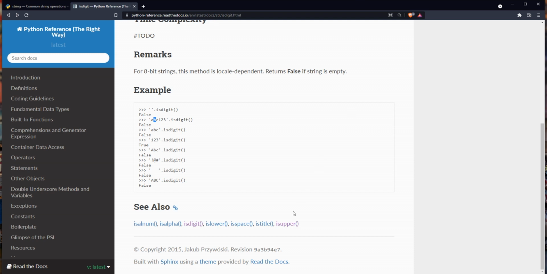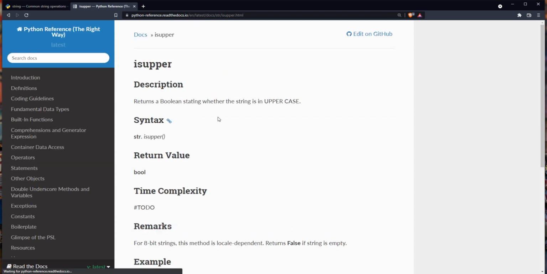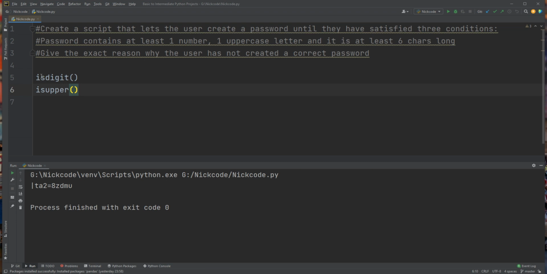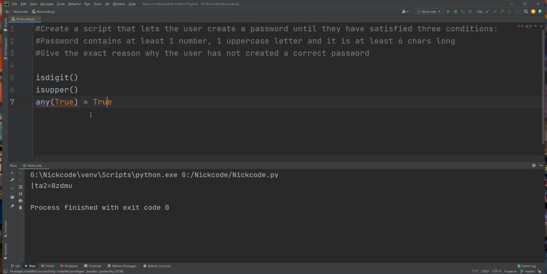Okay. Similarly, we will be using isupper as well. It returns the same boolean, either true or false, if the string is in uppercase. Okay. So with these we will be using the any function as well, which will help us: suppose we are iterating through 10 loops, and if any one of the loops ends up with true, then any would return true. Okay,